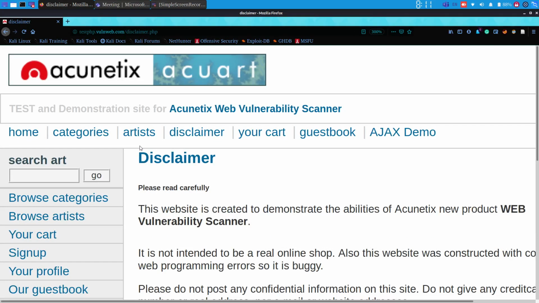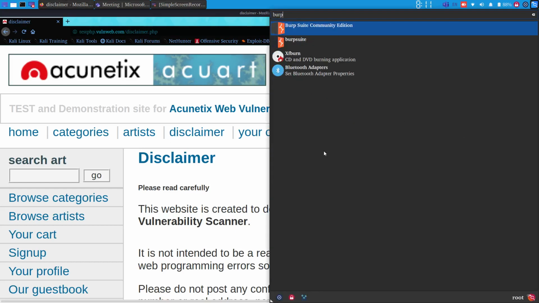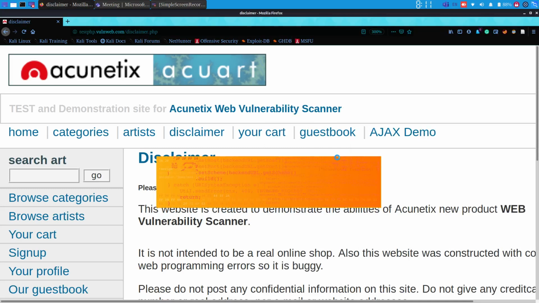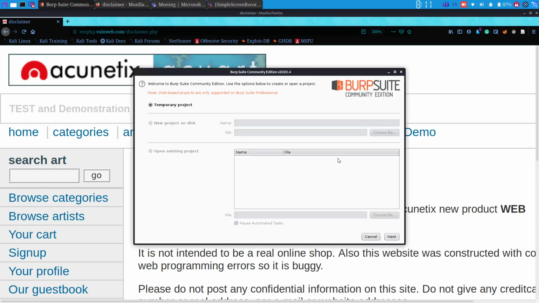Now we will be discussing a very important tool, or you can say proxy server, that is Burp Suite. So what is Burp Suite? Burp Suite is a tool which works at the application layer. When we were learning networking, we heard that there are different OSI layers and different TCP/IP model layers.